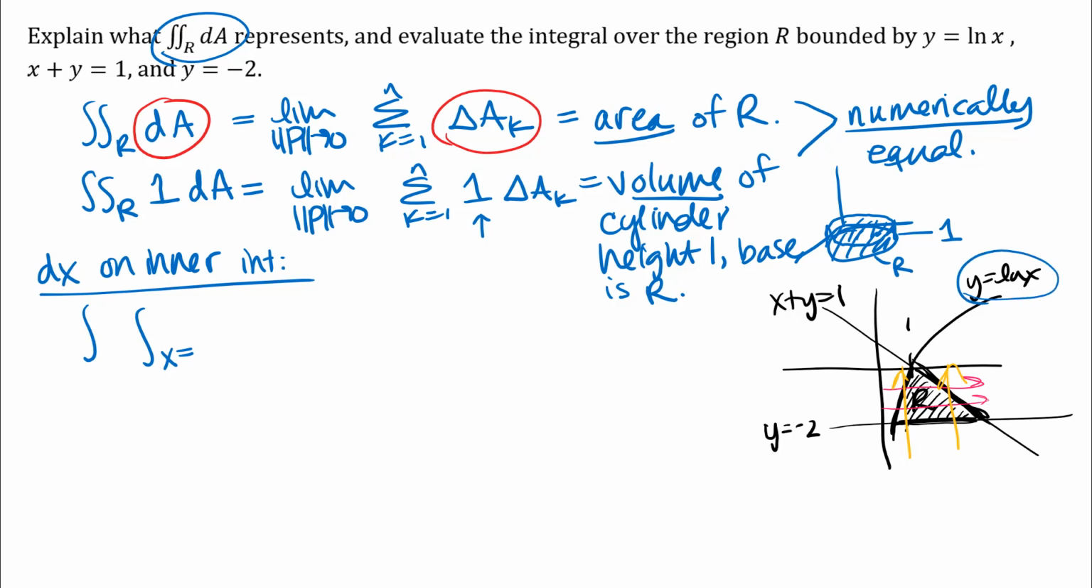So my logarithm curve here, when I solve that for x, I will get e to the y equals x. And when I go through the region in the direction of increasing x, that's where I enter, e to the y, and then I leave through the line x plus y equals 1, so I'll solve that for x. And the function I'm integrating here, if you want to just write a 1, you can do that,